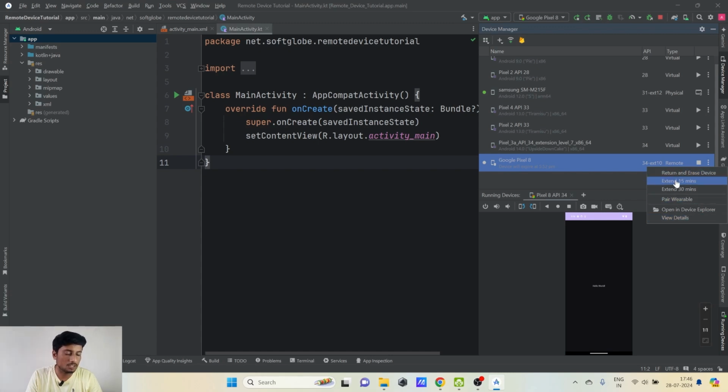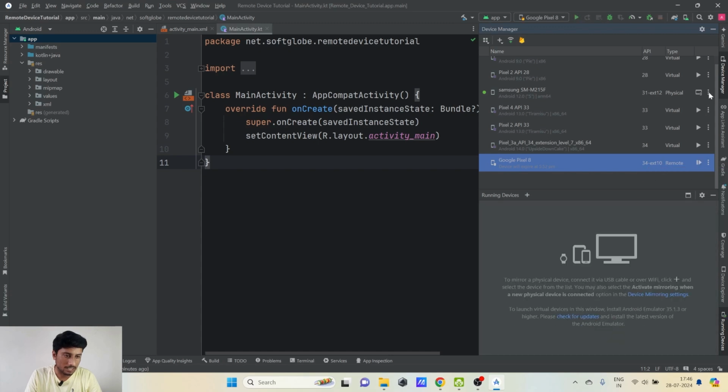So if we are done with our work and we don't want to wait for this time duration to expire by itself, we can click on this return and erase device, so that this time limit will be saved. If you have consumed 10 minutes and the timer is for 15 minutes, and we are done in those 10 minutes, then we can save our 5 minutes and click on this return and erase device. So I'll click on this return and erase device, and yeah, the device has been